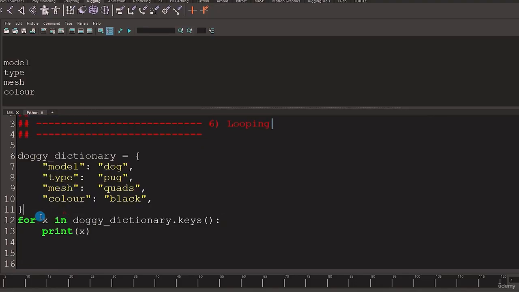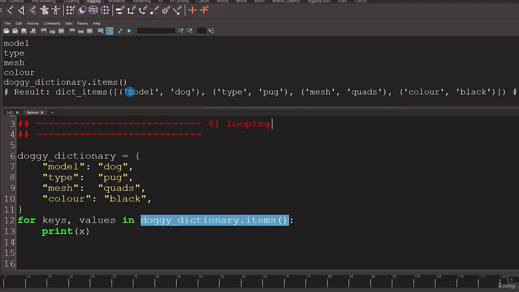But let's say we want to use both at the same time. We want to try and use every key and every value at the same time to check something. We could use keys and values, and we can actually search all the items within this dictionary. So this is now going to return us the tuples of each item. So the key and the value, the key and the value, the key and the value. And now we can go,